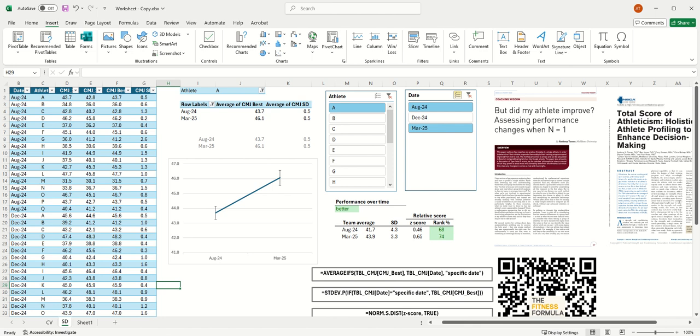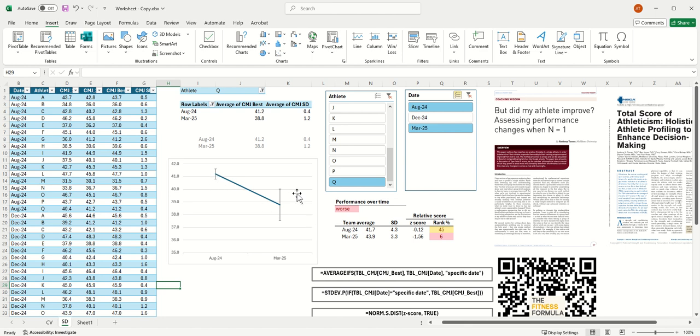And the way that we define that change as being real is we use the error within the test. That might be natural variability that the athlete has, or systematic variability that the test generates. But if they jump outside of that error, then we say they got better. Alternatively, if, for example, they get worse and there's no overlap between these error bars, we say that they got